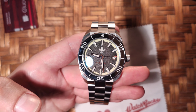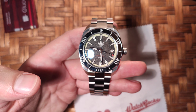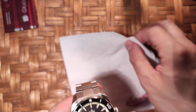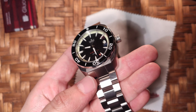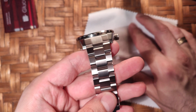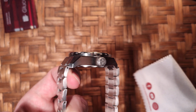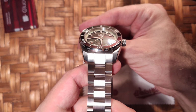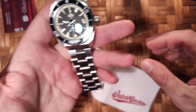I really hope that I'm not gonna make Phoibos angry, because someday I might get some of their watches. It's a quality watch. Don't get me wrong. Or it might be just this example that I got, but man, the bracelet, this was disappointing. I mean, you can tell that the brushing is not really on the same level as the watch. The watch is really superior in the brushing department, but